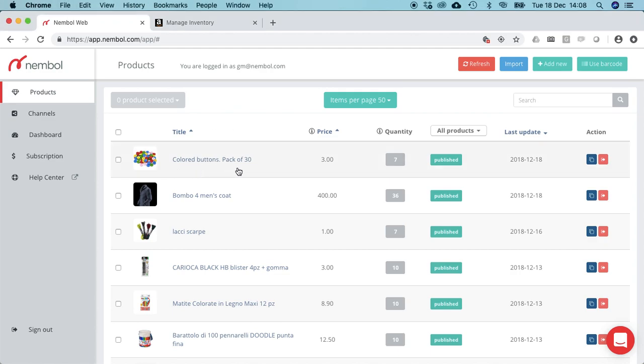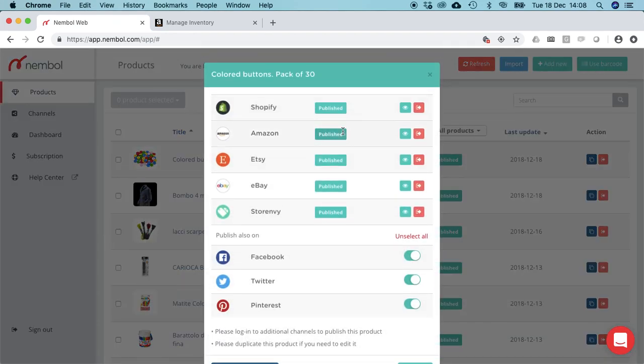So we're here in the products tab in Nembol Web, and we take for instance this first product, colored buttons pack of 30, which was published at price 3, which are either euro or dollars or British pounds or whatever, depending on the settings you have on your own channels. 7 available quantity, 7 pieces in stock, and it was published on Shopify, Amazon, Etsy, eBay, and StoreEnvy,